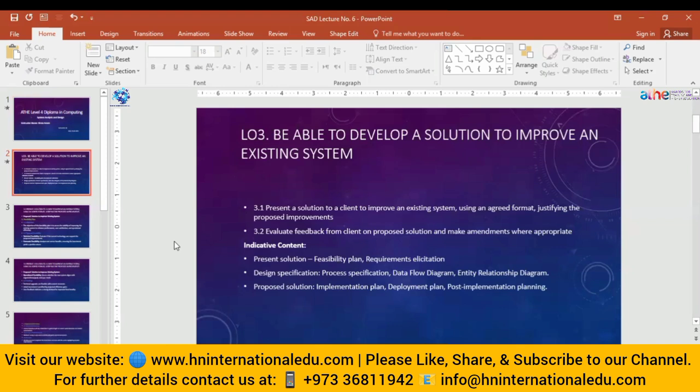So basically, what we have to understand is that we first have to create a solution for the proposed improvements in the existing system. Definitely, as we have previously discussed, first we have to analyze the existing system and then suggest or recommend improvements in it. So now we have recommended the improvements, and we have to present a solution to implement those improvements within the